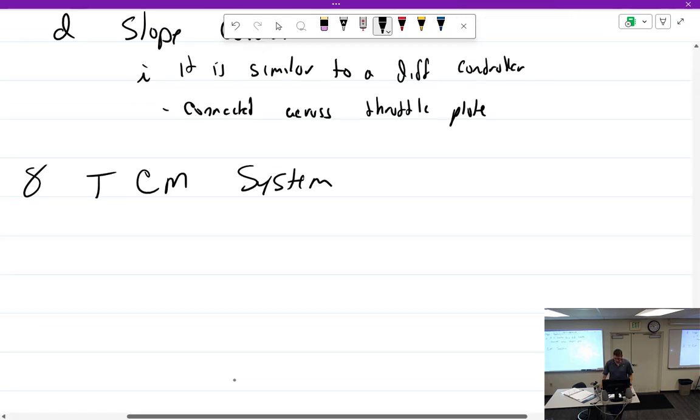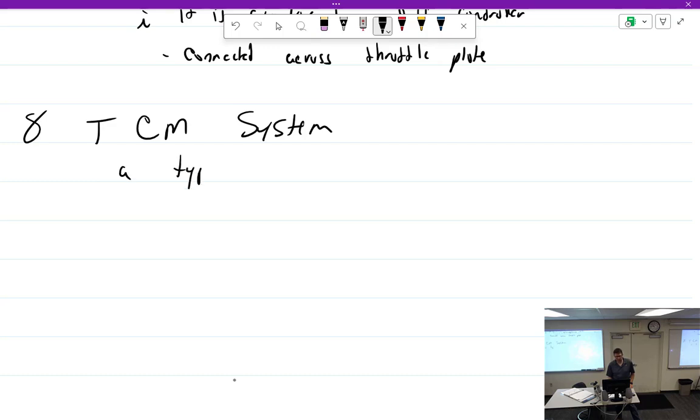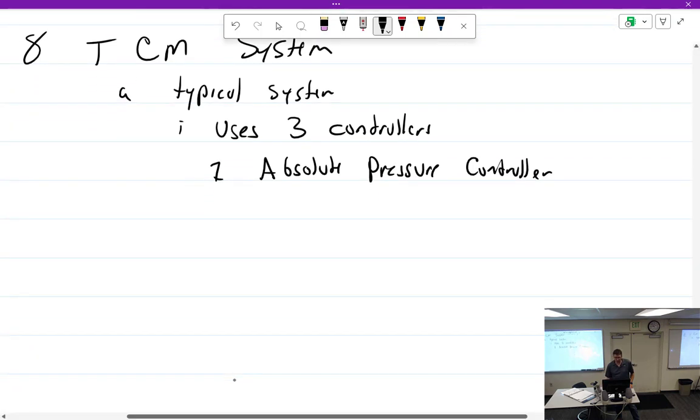Thankfully, it's not too confusing. Let's see. The typical system uses 3 different controllers. They are the absolute pressure controller, the rate of change controller,